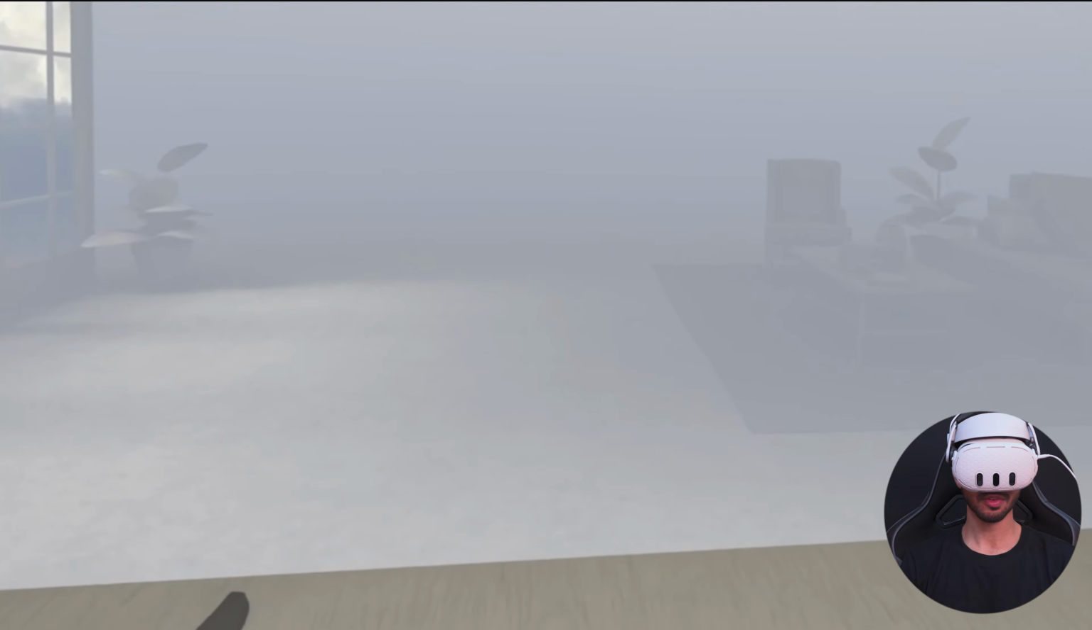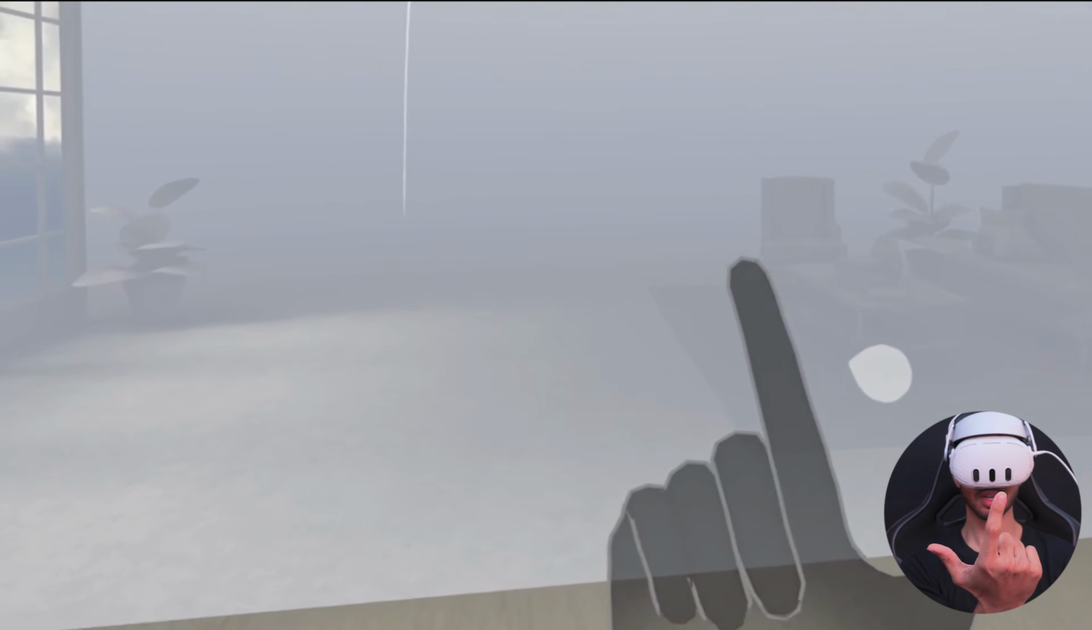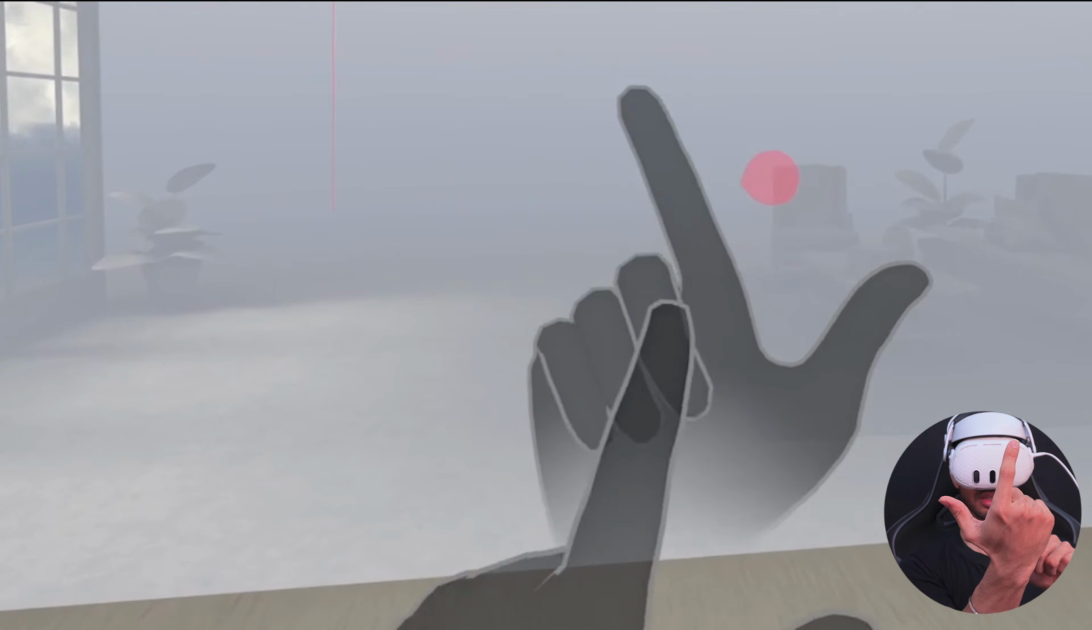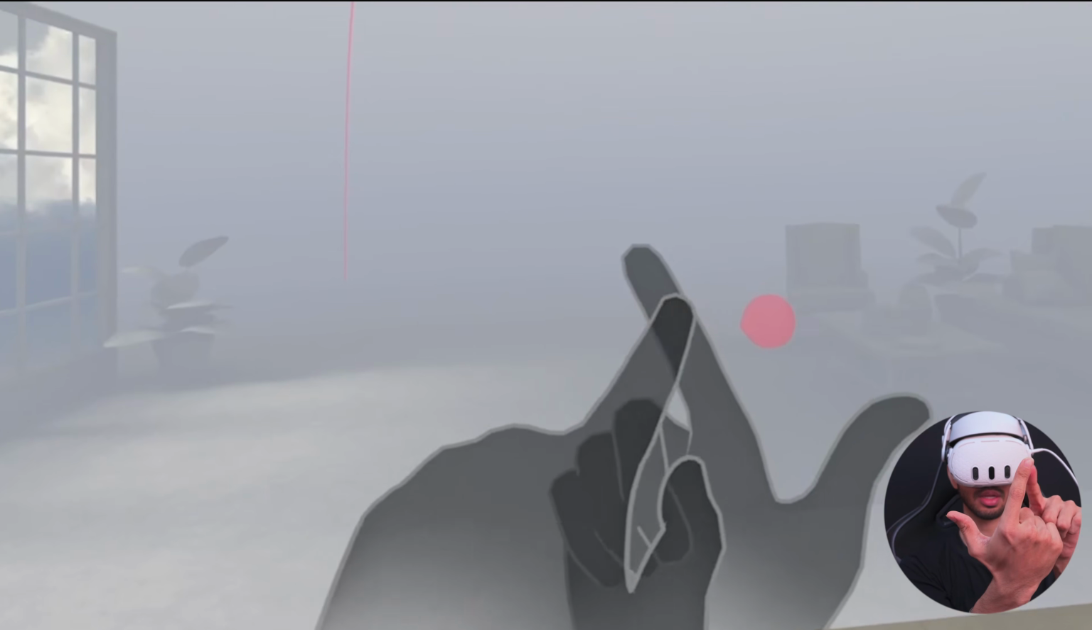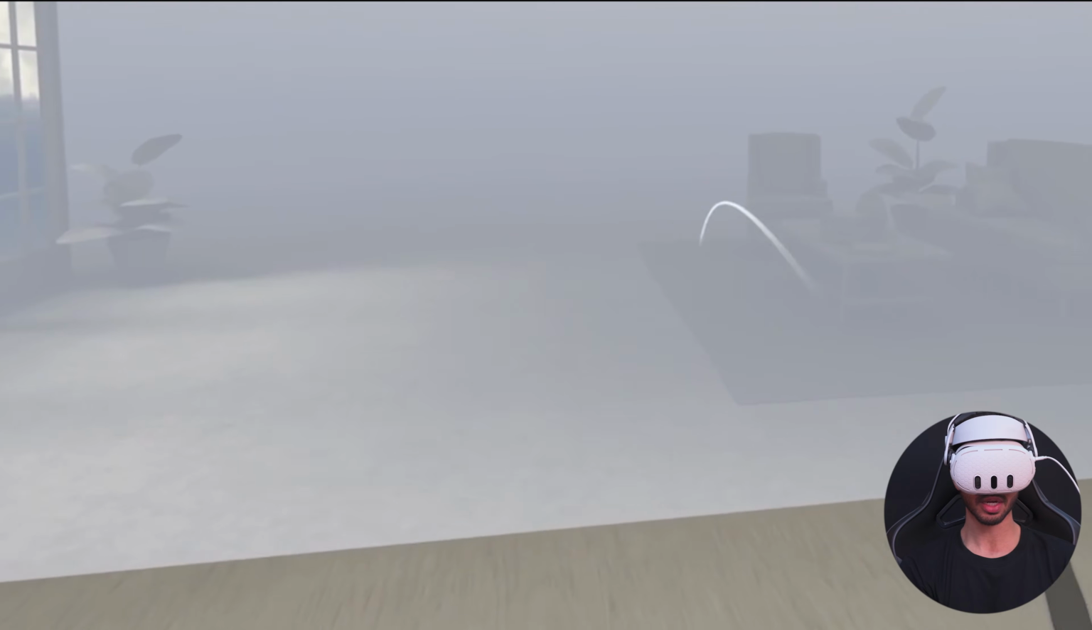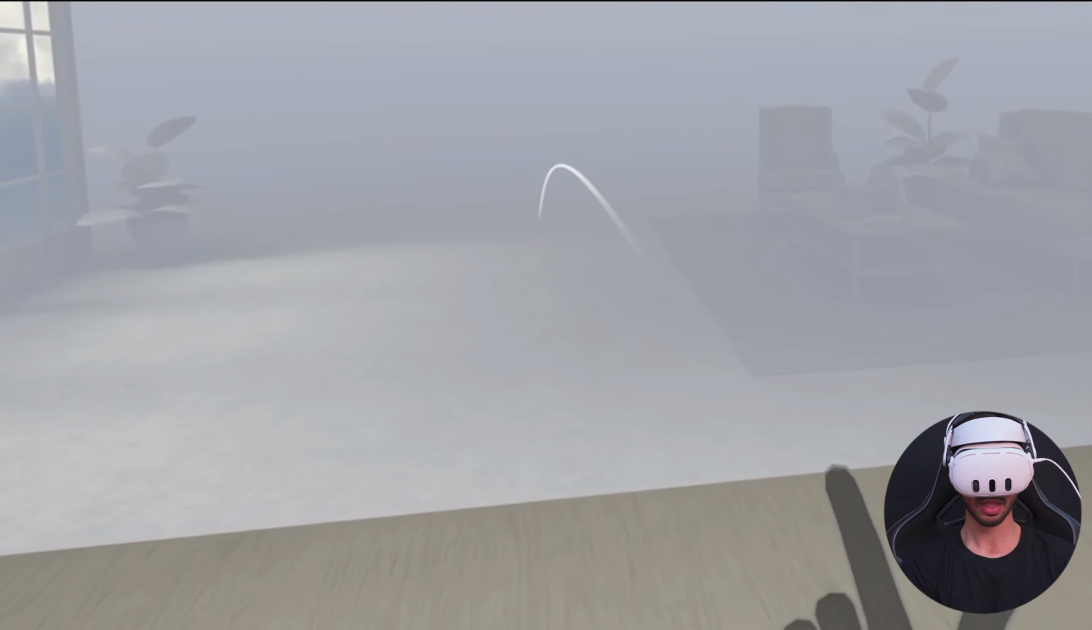Alright, so here we are in our scene. Now to activate the teleportation ray, we need to make a hand gesture. And for that, it is going to be this gesture. So your three fingers are going to be rolled inwards. The index finger is going to point up and the thumb is going to be here. And then you can point at any place that you'd like to teleport. And then once you flick your finger and you release it, you're going to get teleported to that area